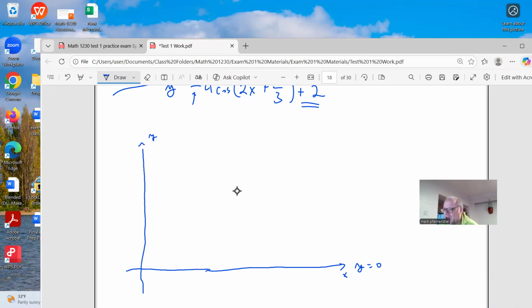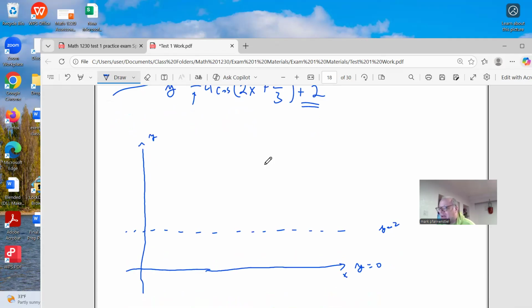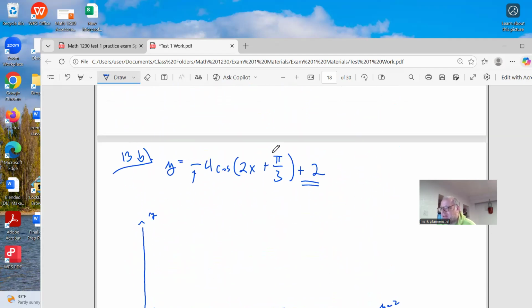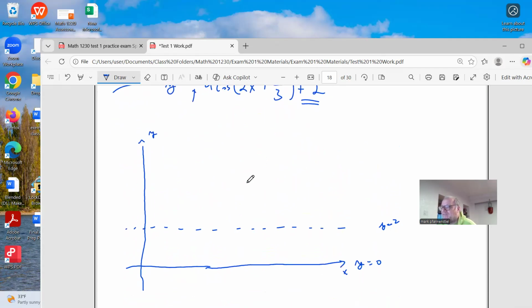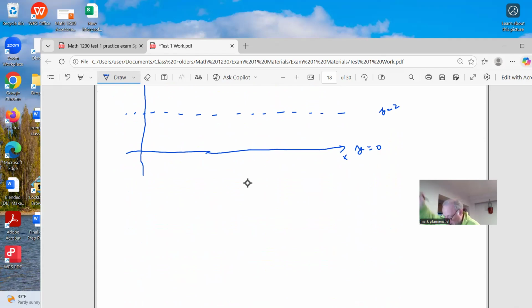All right, and then the first thing I'm going to do is here's my y equals 2, right? Because there's a vertical shift of 2. Now, I've got a couple of points that I really want to graph. I want to graph my maximums and my minimums, or the beginning and the ending of everything. We'll go ahead and figure that out. The way that I like to do this is with the anchor points method. I come up with the points that I need, and then I hang the graph off of the points that I have plotted. And for just a parent function cosine, the numbers that I know I really need are